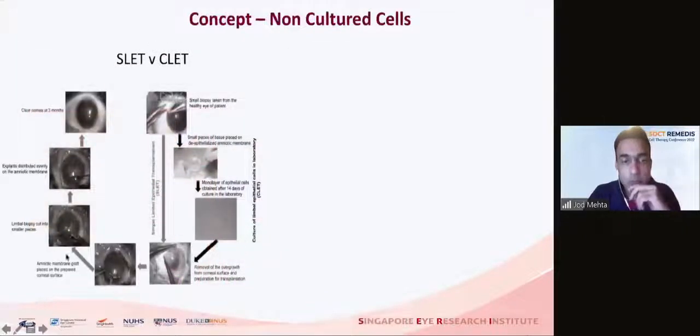Most of you will be familiar with Virendra Sangwan's work at LV Prasad, where he described a technique that he called SLET. He showed this as an in vivo technique of culturing epithelial cells on the surface. You can see the differences from this schematic between CLET, where the cells are cultured outside in vitro, expanded, and put back on the ocular surface on a sheet,